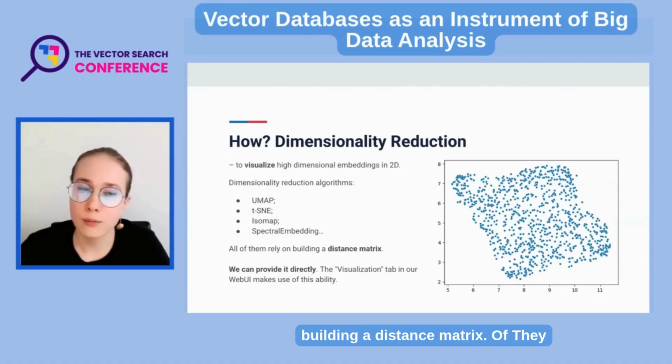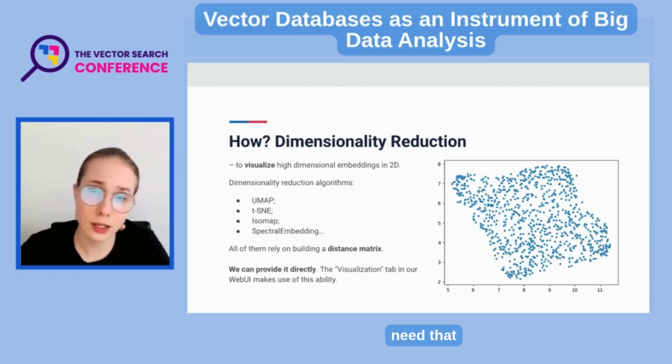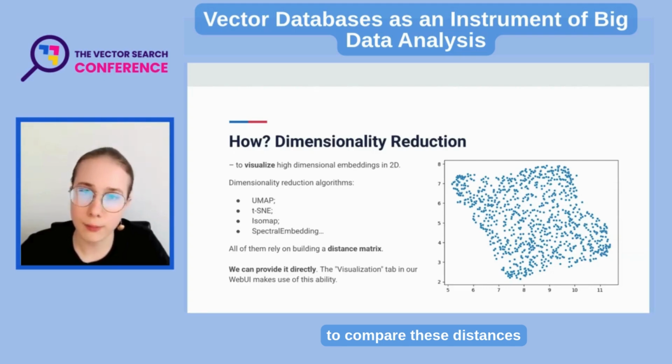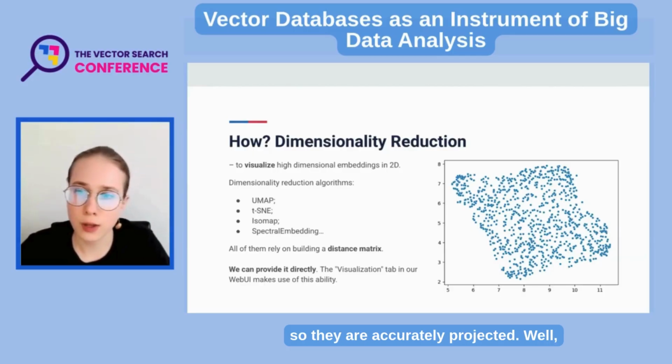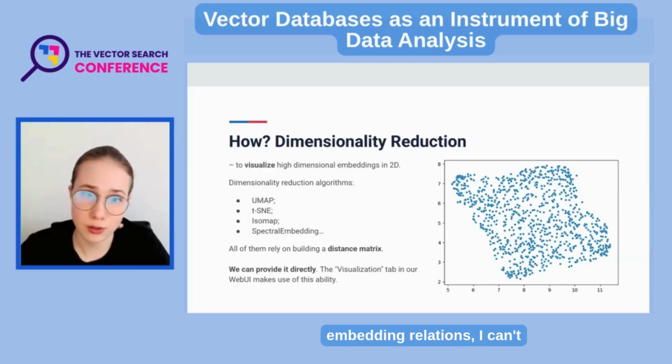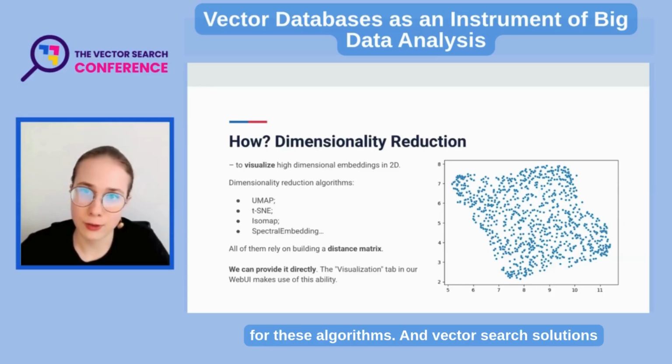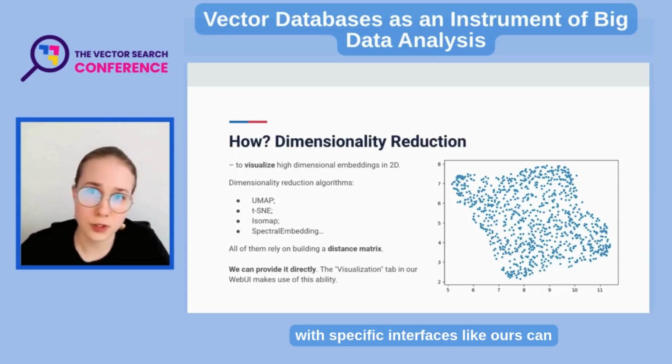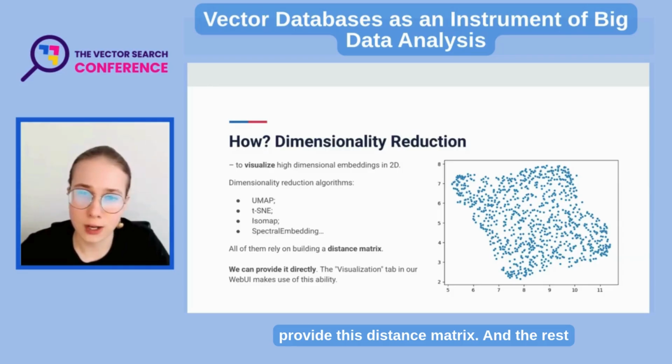and rely on building a distance matrix of initial high-dimensional data. They need that to compare these distances with the 2D representations they build, so they are accurately projected. Well, because we can't understand high-dimensional embeddings relations, I can't think in 5D. So this distance matrix is one of the toughest steps for these algorithms. And vector search solutions with specific interfaces like ours can provide this distance matrix, and the rest is much faster